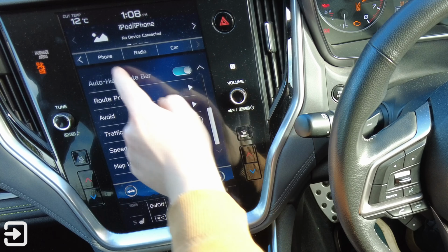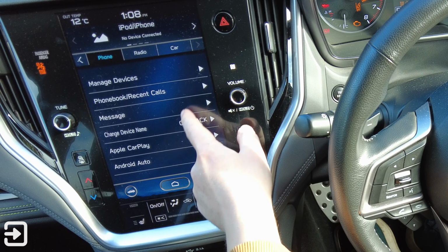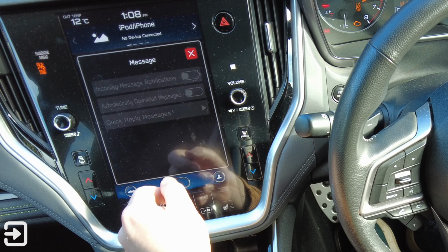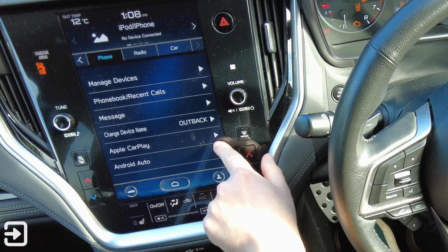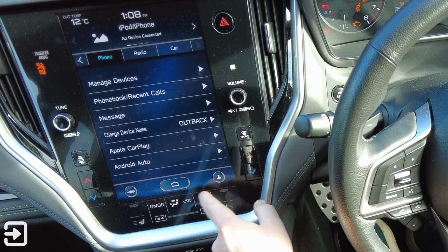Then we've got phone, so you can have managed devices, look at your recent calls, and automatically download the phone book and recent calls and how to sort them. Messages, so you can set incoming message notifications, automatically download messages, and quick reply as well. And you can change the device name for Bluetooth. You've got Apple CarPlay, a device list where you can choose what devices are using Apple CarPlay, and then the same